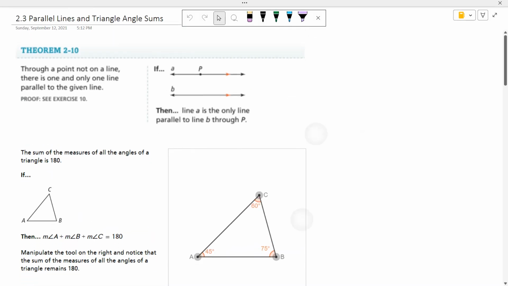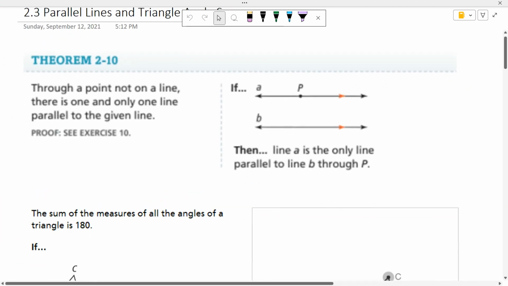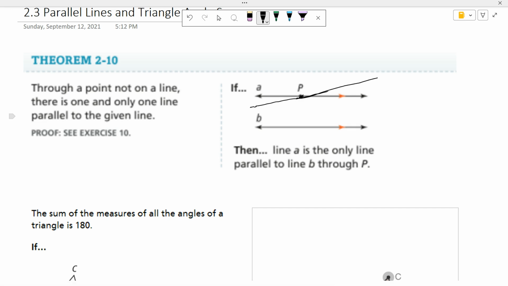Okay, so we have a theorem that says through a point not on a line, so this is the point, not on the line, there's only one line that can run through that point that's parallel to this line. So you can't say that there's another line like this that runs through this point that's also parallel to this. It's only one line that can be parallel. Now,